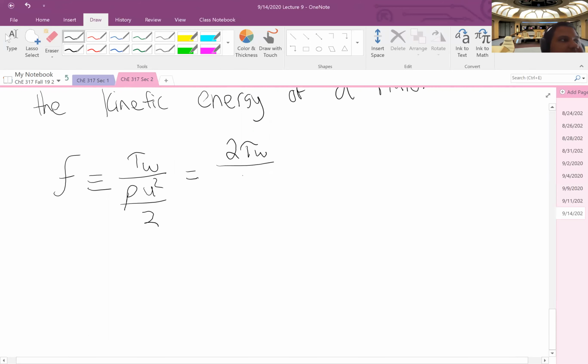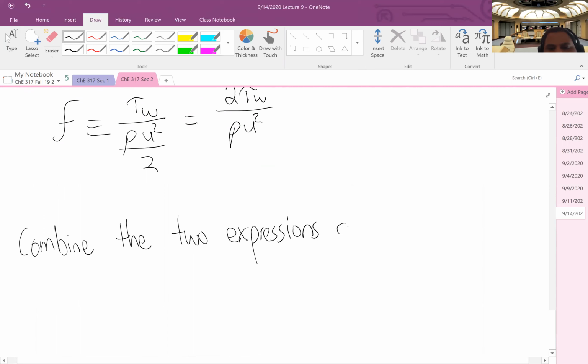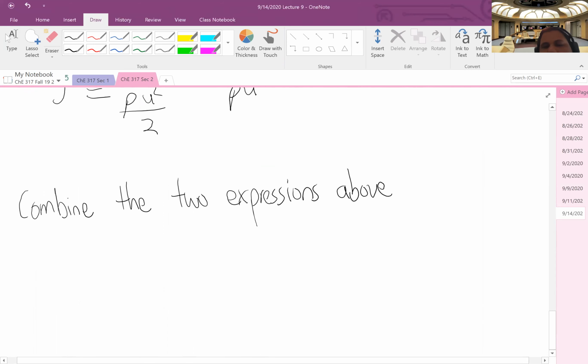And so now what we have is this new variable, friction factor, which relates to shear stress, as well as our pressure drop expression here, which relates to shear stress. So if I can combine these two expressions,